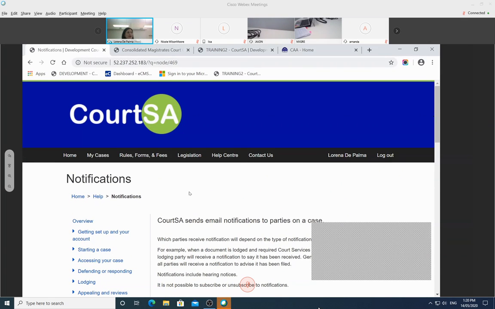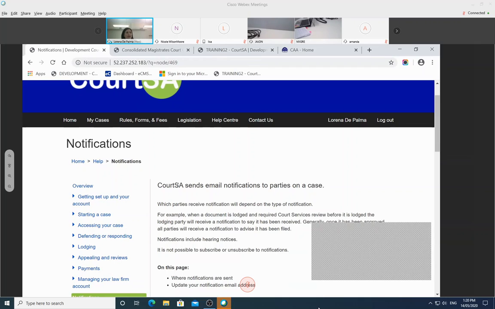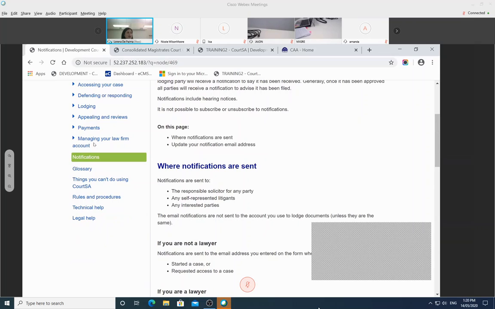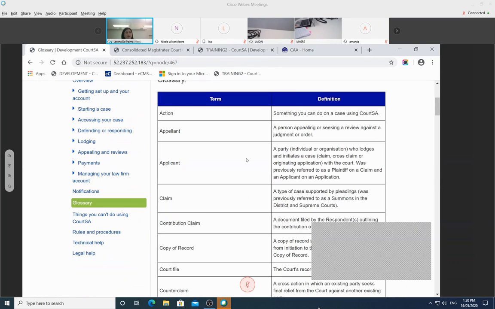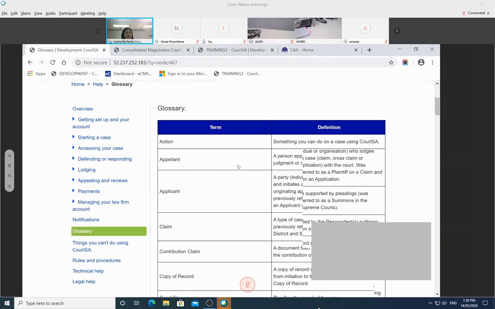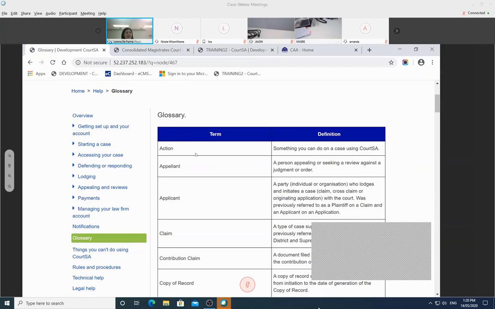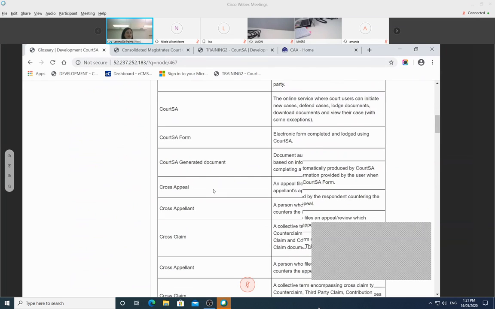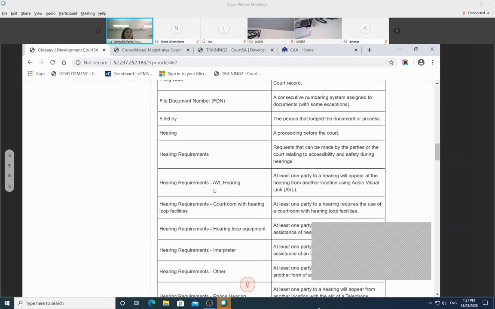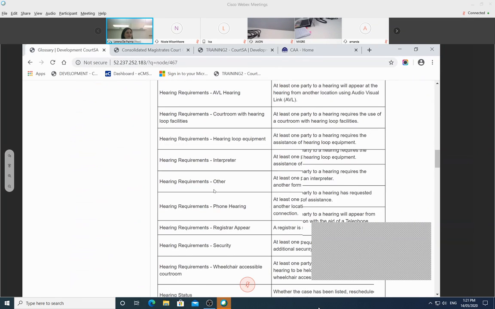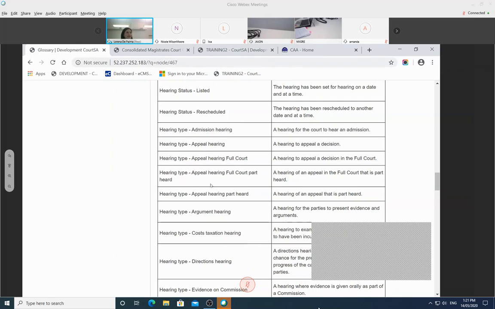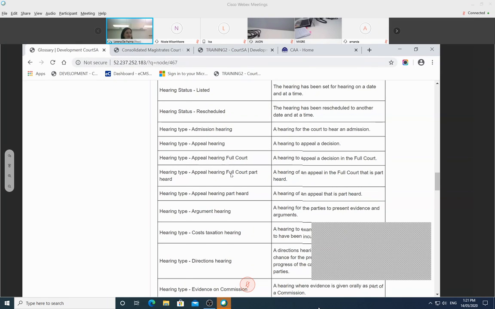So if you're in a Quarter-Say form and you're filling it in and you're not quite sure what a word means, you can go to the glossary, and the glossary has all of the terms that we think people will have difficulty understanding. So that explains the term and the definition. So say there's a question about what type of party the person is,